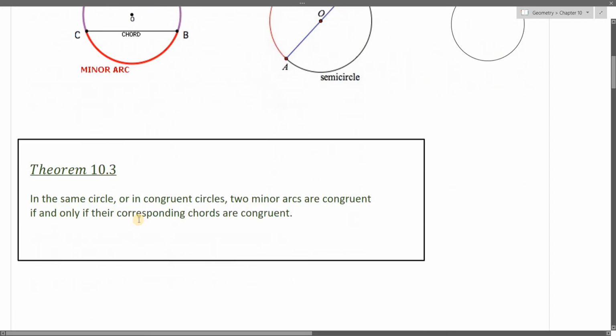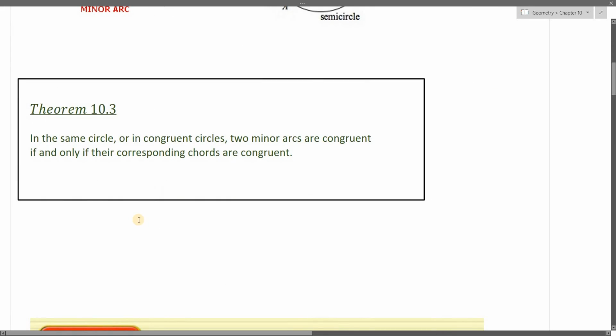All right, let's look at theorem 10.3. In the same circle, all right, so this is our new theorem. In the same circle or in congruent circles. Now remember, last time we said that congruent circles had to have the same radius in order to be congruent. In the same circle or in congruent circles, 2 minor arcs are congruent if and only if their corresponding chords are congruent. And so this particular one